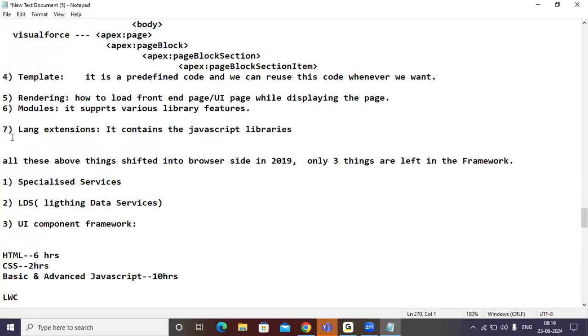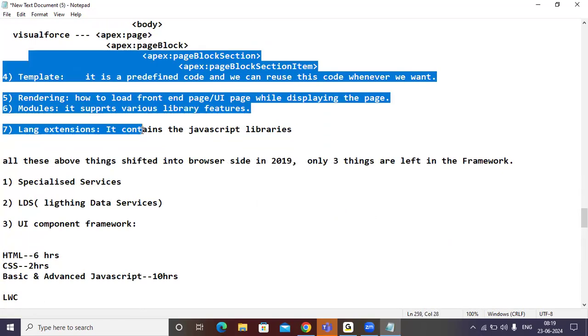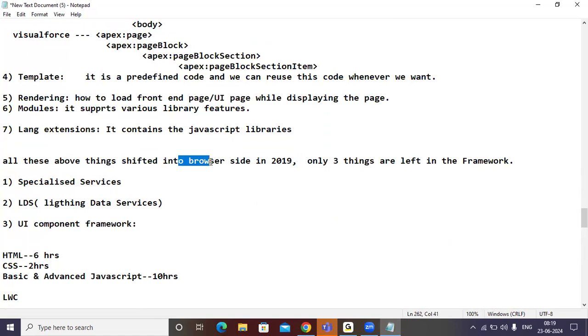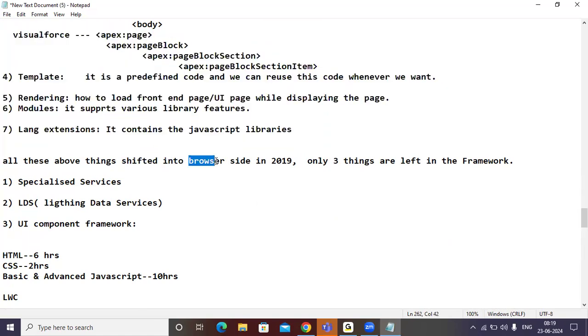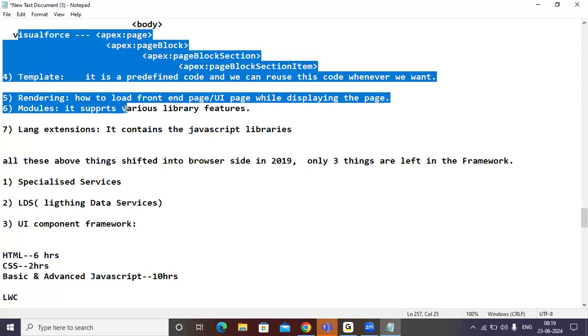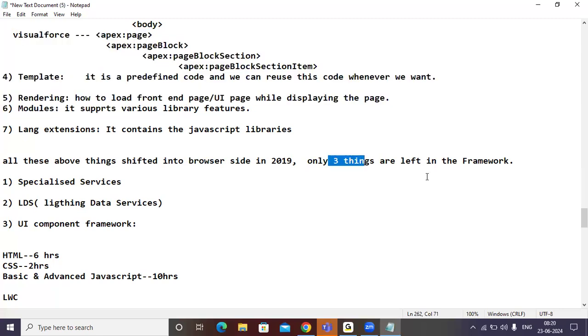All these 7 components, in 2019 with LWC, they shifted to the browser side. So all these 7 components will be taken care of by the browser only. As a developer, we need not bother about all these components. The rest of the 3 components are left in the framework.